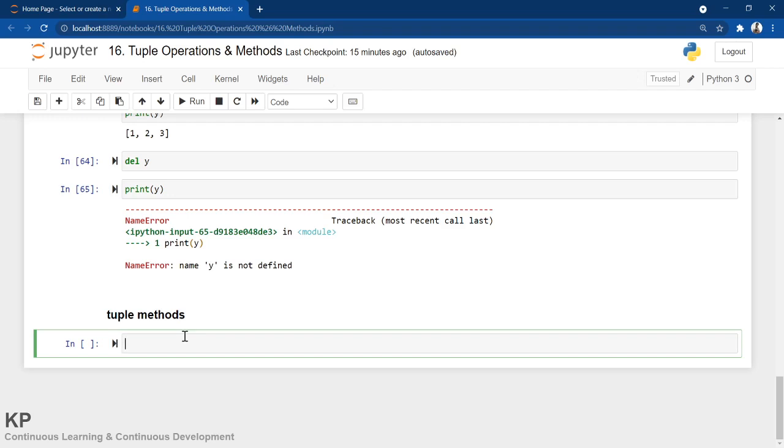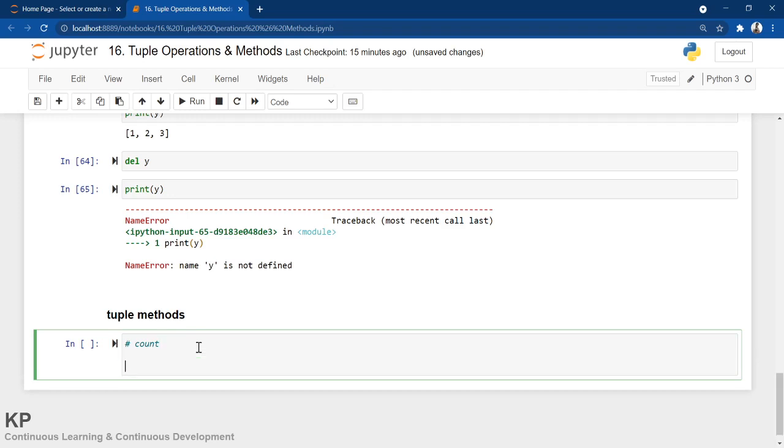Let me first discuss count. The count method or count function helps you to count the frequency of any specific element in the tuple.